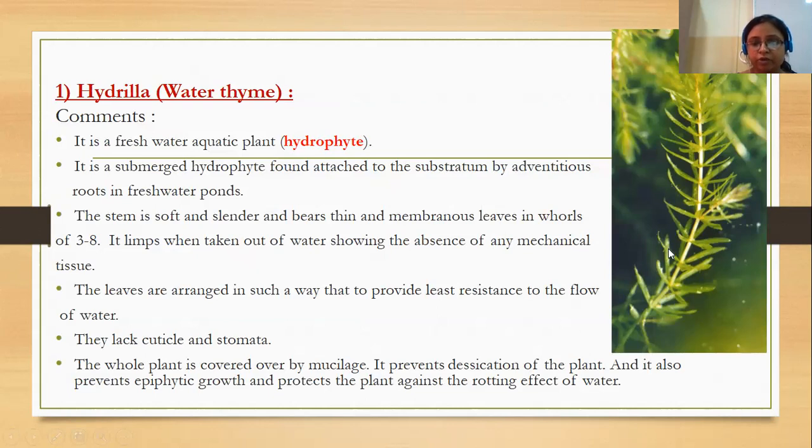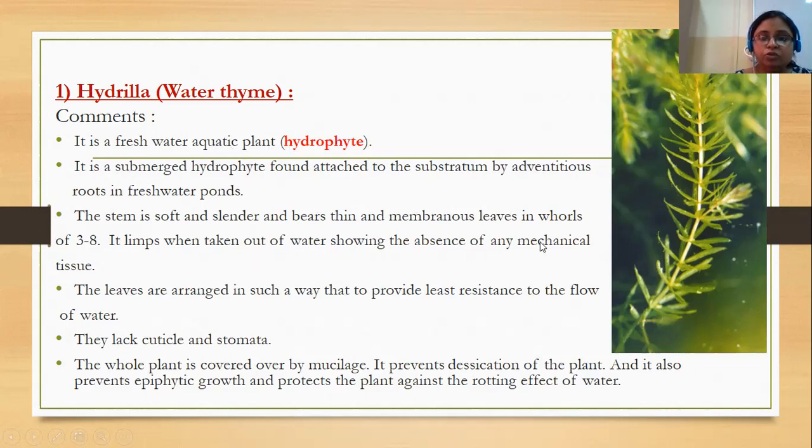It is found in the aquatic habitat, means it is found in the freshwater bodies like the lakes, ponds, rivers and streams. See, all those plants that are found in the water are also called hydrophytes. Hydro means water, phyte means loving. So such kind of plant can be called a hydrophyte or simply an aquatic plant.